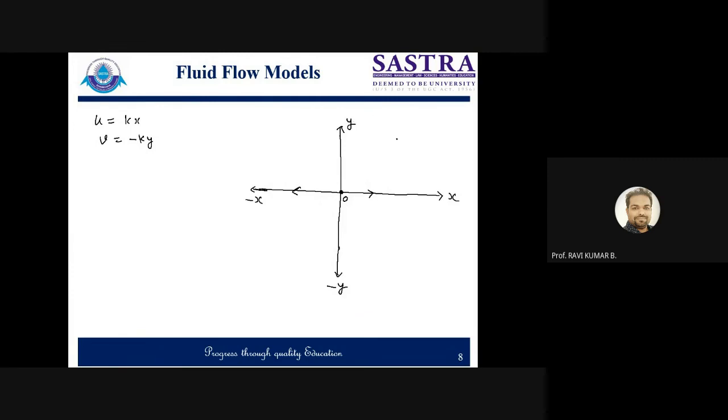Now look at the first quadrant. In the first quadrant, x and y both are positive. When x and y both are positive, just look at u. U will become positive, but v will become negative. That means v will be flowing vertically downward, while u will be flowing parallel to the x-axis. So in the first quadrant, where x and y both are positive, we'll have n values of x and y here. We can have 1 comma 1, 2 comma 2, 2 comma 3, any positive values. So you can draw a different kind of curve for every coordinate.